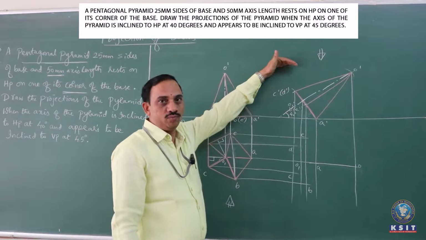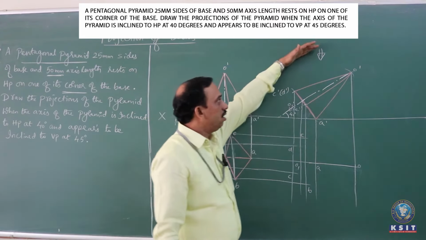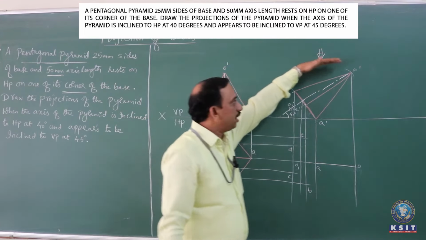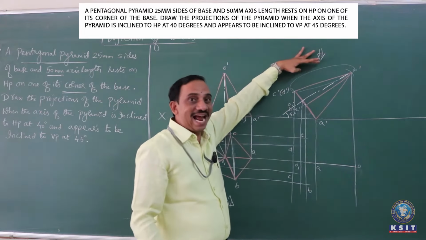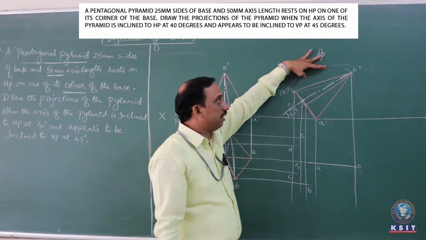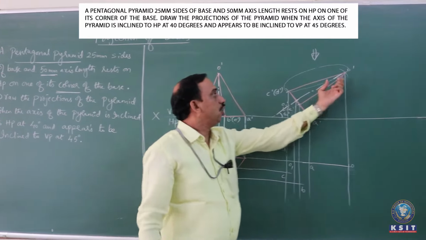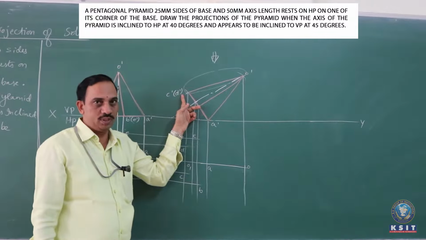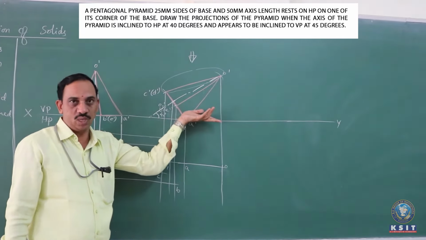Now let us concentrate on the top view. After taking the projections and identifying the various points, when the observer sees from the top, concentrate here, what is this? It should be either a slant edge or a triangular face. How do you identify whether it is a slant edge or a triangular face? For that, look into the parameters. If you have the parameters as OCD, then it is a triangular face which is visible to the observer. If you have just OC, then it is a slant edge which is visible to the observer.